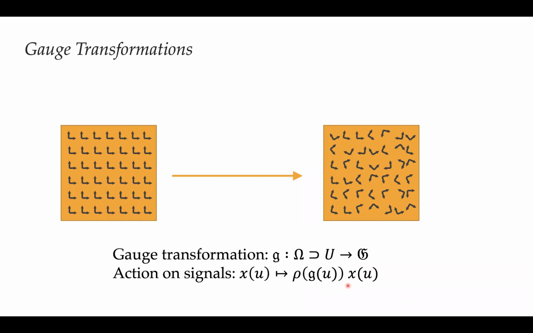So in the case of the diffusion tensor images, there's a certain representation that says if I rotate my frame, how does this 3x3 matrix transform? If it's a vector, it transforms like a vector and so on. So there are different choices of representations, different kinds of fields that you can choose. And that's how this gauge transformation acts. But notice that the gauge transformation here is indexed by u, just like this field x. So at each point, it's different.